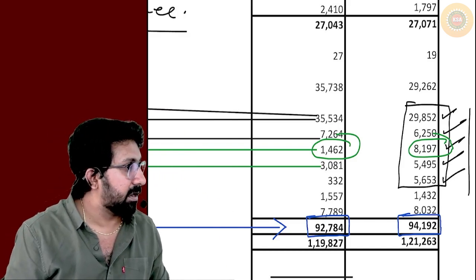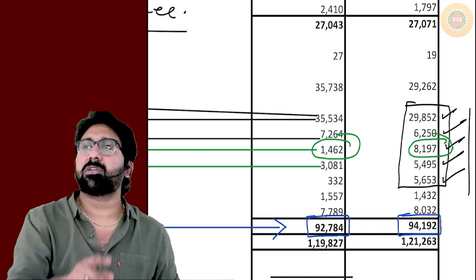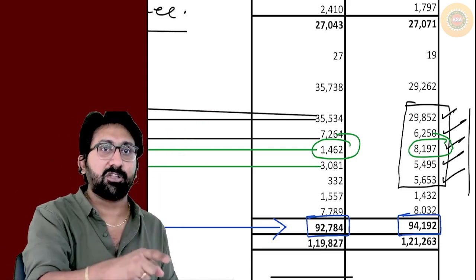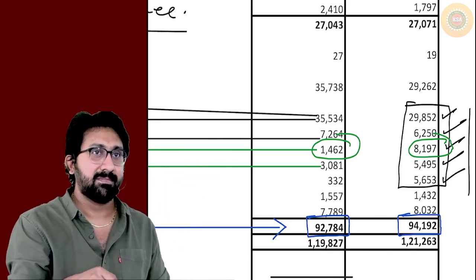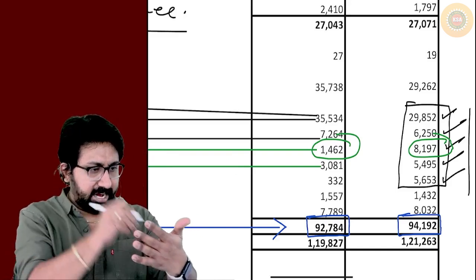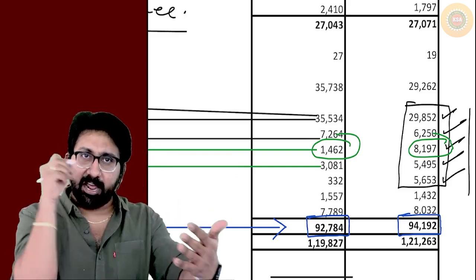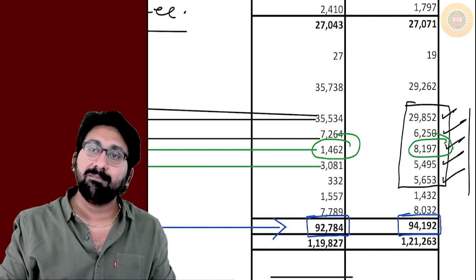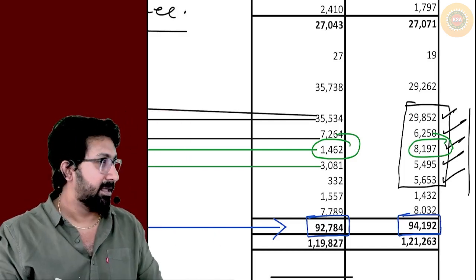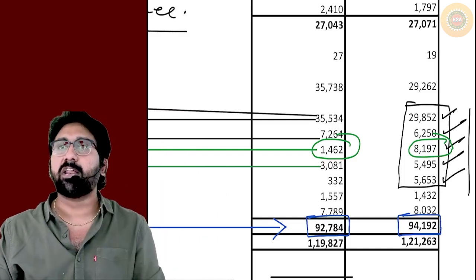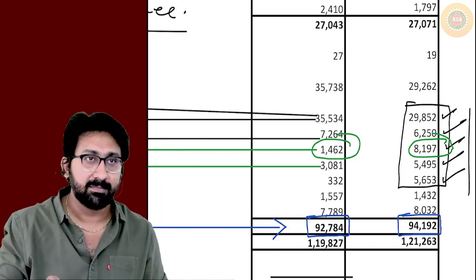Clear or not, everyone? Sir, I wanted to know exactly. Then you should not see this. You should inspect the books of accounts, and for that you should become an auditor. I wanted to know exactly, pinpoint, how much cash is there every day. For that you should not become an analyst. You should become an auditor directly. Then you go and inspect the books of accounts and other books and papers, and then you tell what happened in the company every day.